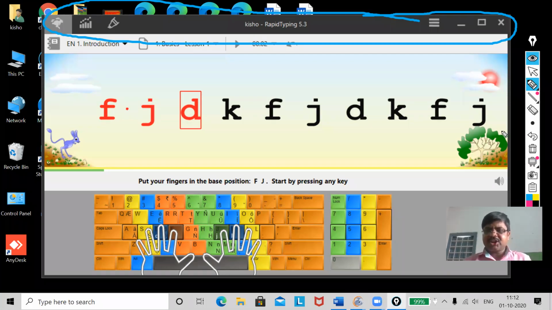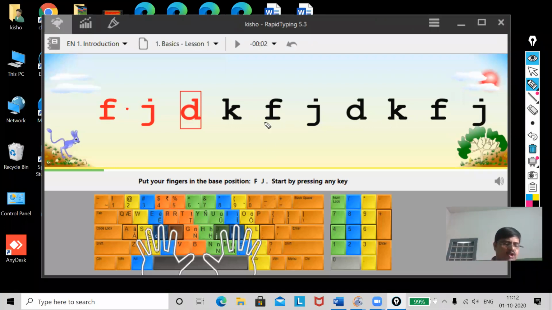Now, the next one, you can see the current lesson button. Actually, it is used to check the current lesson, that is, in which lesson you are, my dear. Now, the next part. I am explaining every component; when you keep your mouse pointer on it, you can understand it.